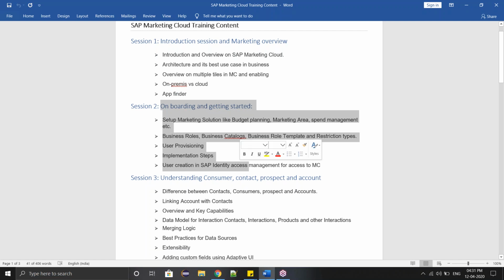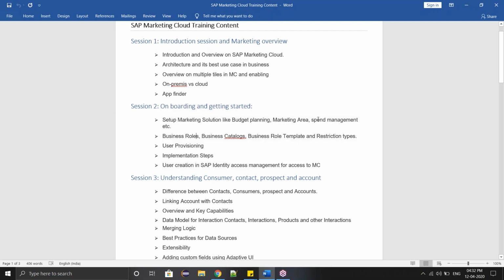Like let's say your company got access to a cloud version, a licensed version from SAP. So initially, once you get it, how can you start with that? What are the initial steps you need to perform as an initial administrator, and how to start? I'll walk you through that, and setting up the marketing area, budget plan, marketing spend management, etc., and different business roles and what the business catalogs are,